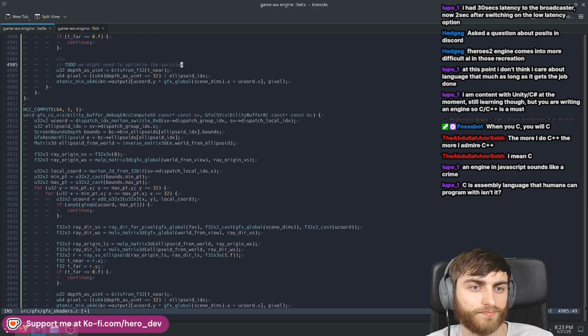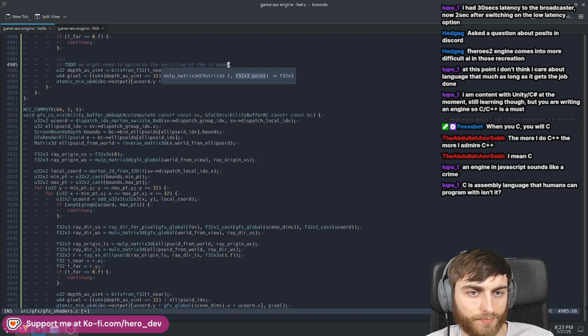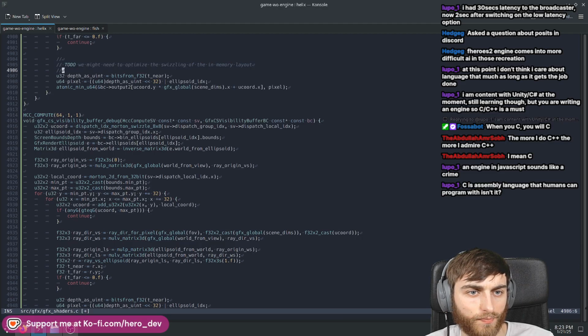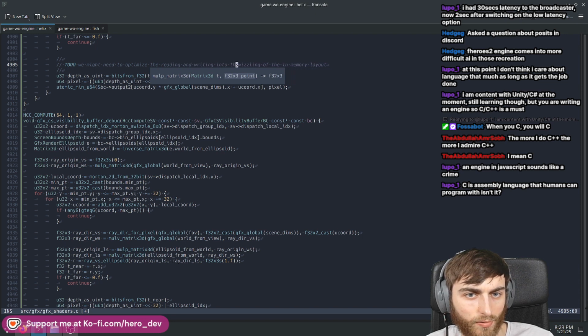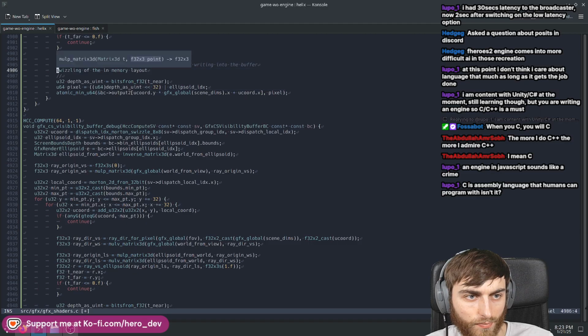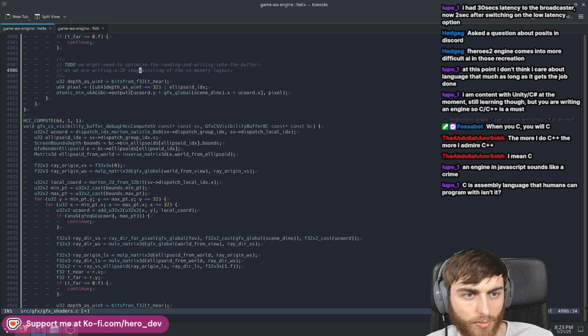Optimize the swizzle, this sort of swizzling of the texture, of the in-memory layout, the reading and writing into the texture, as we're writing a 2D image, some kind of swizzling of the